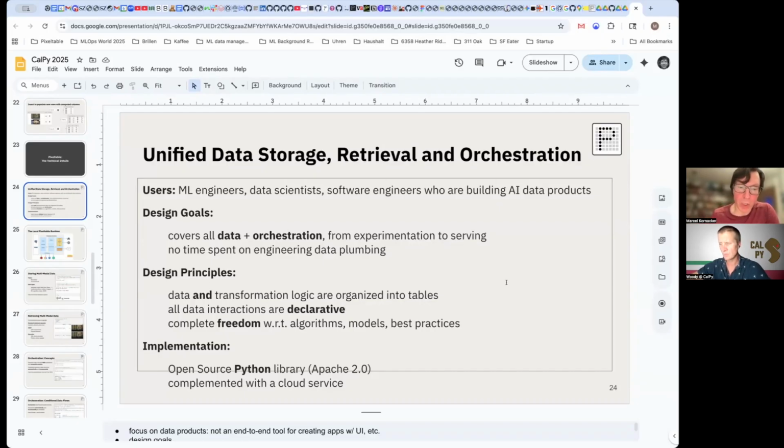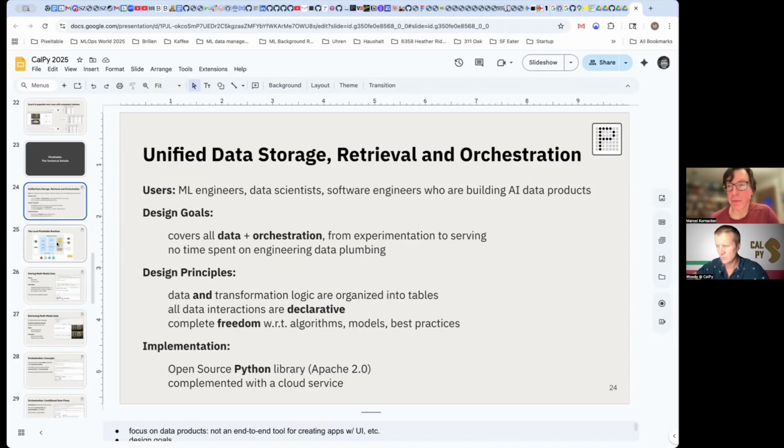And what is Pixeltable today? Pixeltable is available as open source, an open source Python library with a friendly Apache license, and will soon be complemented by a cloud service. So we will be launching our data sharing service soon, and we'll again show examples of what that will look like later. But you can think of that as GitHub for data tables, for multimodal data tables.